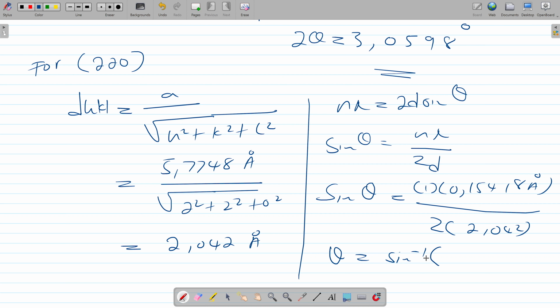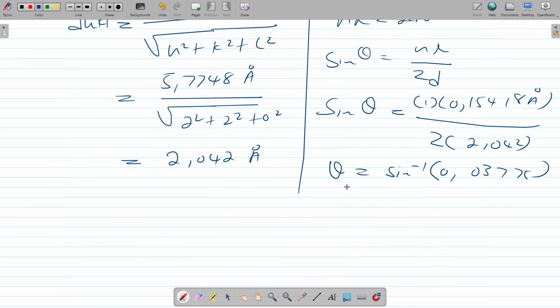Here we have 0.15418 and 2 into 2.042, which equals the following: 0.03775, and our final answer is going to be the following. The arcsine of that is going to be 2.1635 degrees. We get our 2 theta from that by multiplying by 2 to get